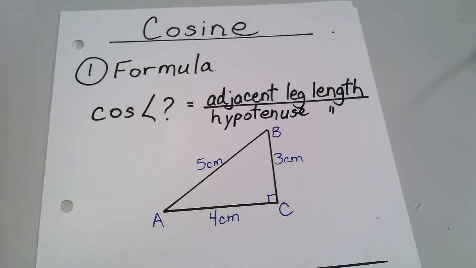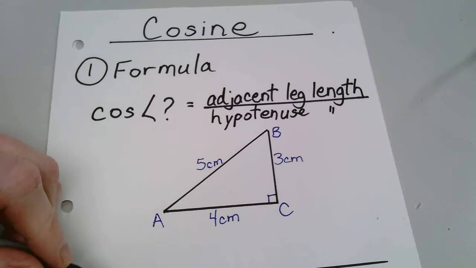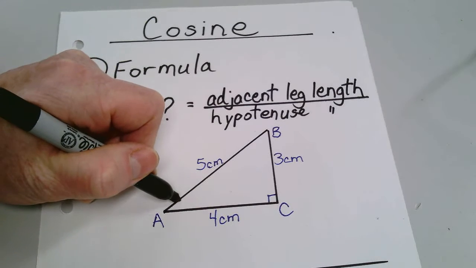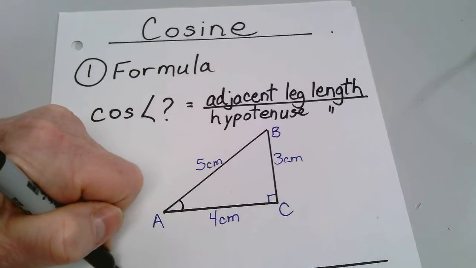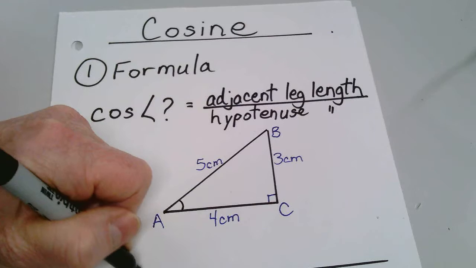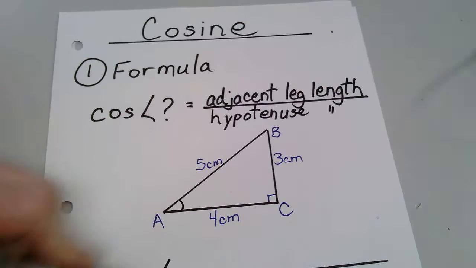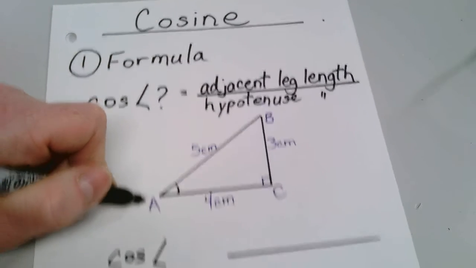So because we know that, we can do this. Let's start with our formula. We're going to do it for angle A. So finding the cosine, we'll put cos for short, of angle A